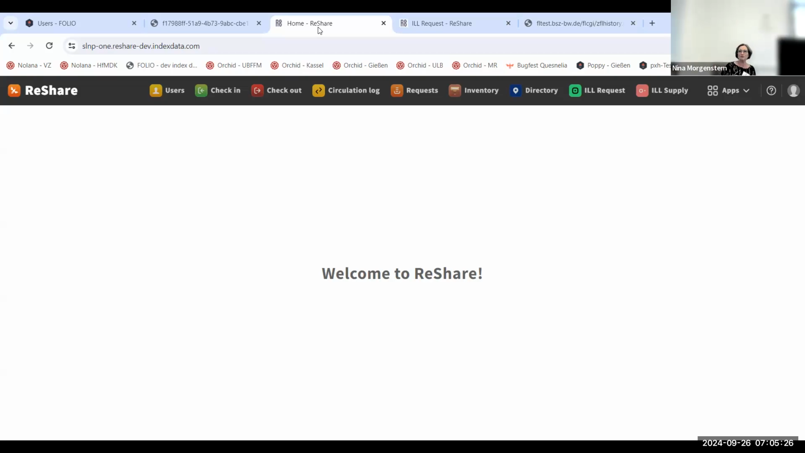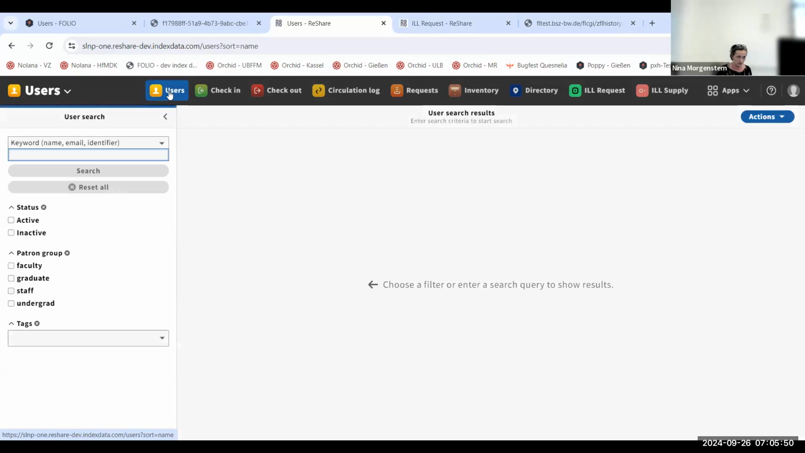So I prepared an example, but I have to say this is a kind of development environment, testing environment. There's a lot of things that don't work the way you would think they do. One of those is I can't change the service point the way it normally is in Folio. And that's what I have to do now,